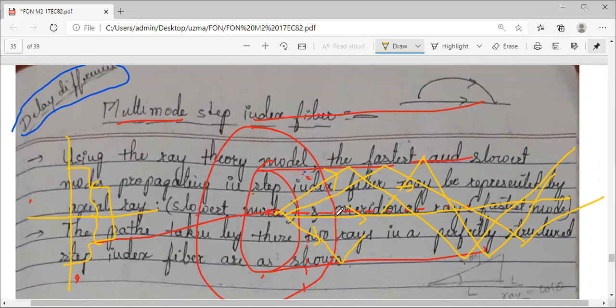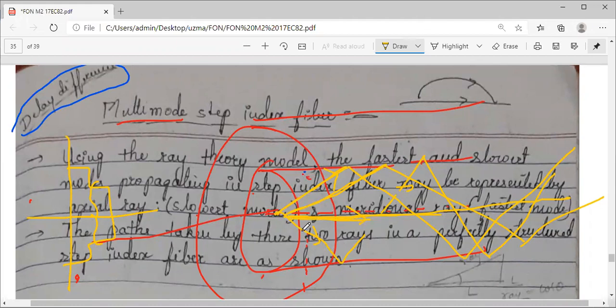However, even though the velocity is the same for all, why do they reach at different times? Because of, you can see, the distance traveled. This is a different distance. This distance traveled is different. And the straight line mode, the ray which is passing through the fiber axis, has a different distance to cover. So because of the different distances, they reach their destination at different times. So there is a difference.